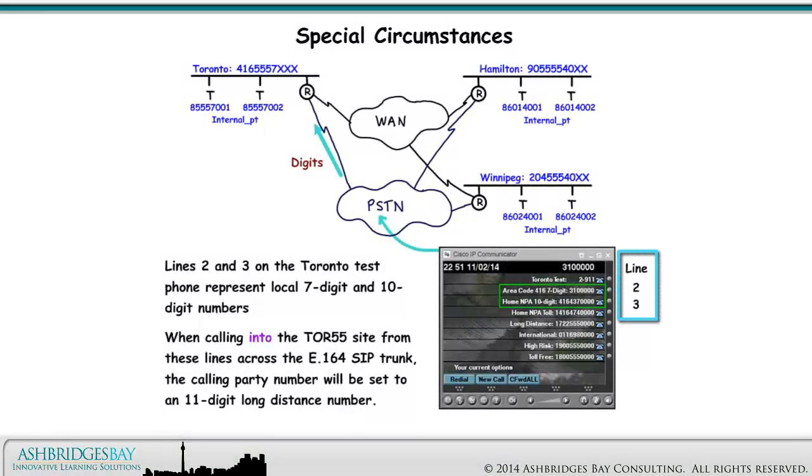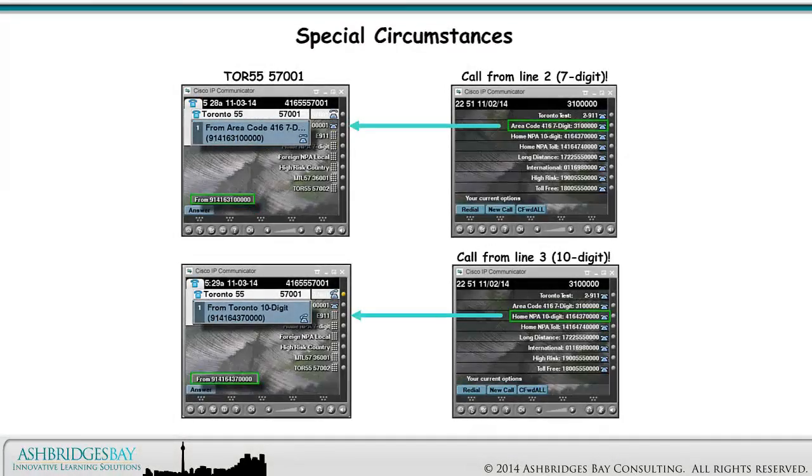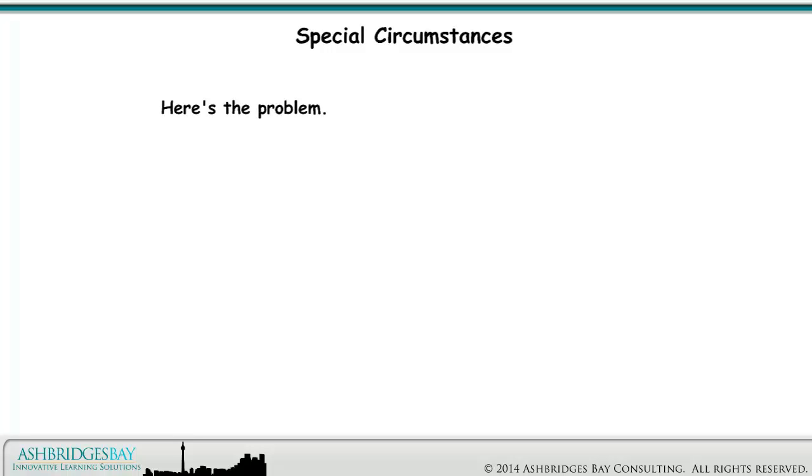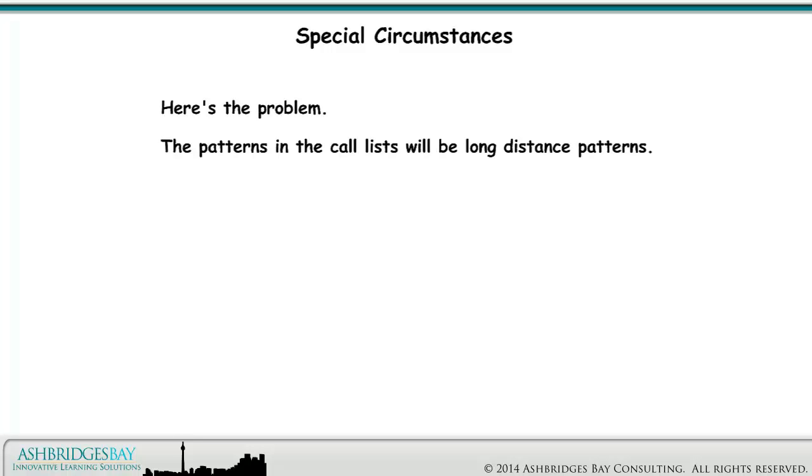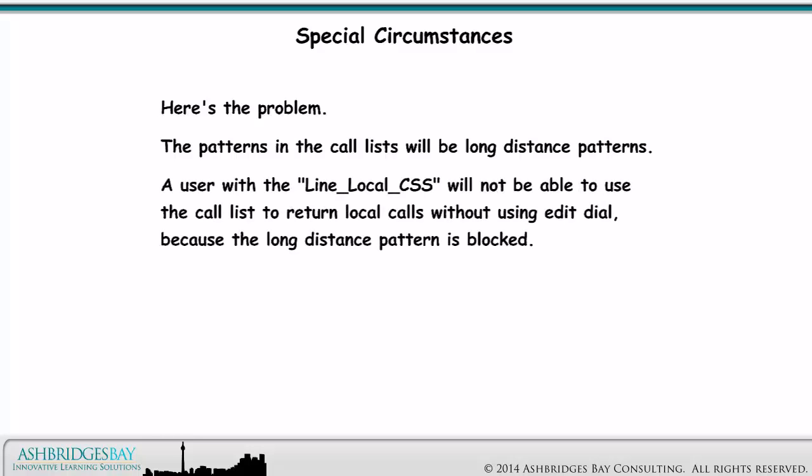Lines 2 and 3 on the Toronto test phone represent local 7-digit and 10-digit numbers. When calling into the Toronto 55 site from these lines across the E.164 SIP trunk, the calling party number will be set to an 11-digit long-distance number. Here's what the call looks like on Toronto 55 57001. And here's the problem. The patterns in the call list will be long-distance patterns. A user with the line local calling search space will not be able to use the call list to return